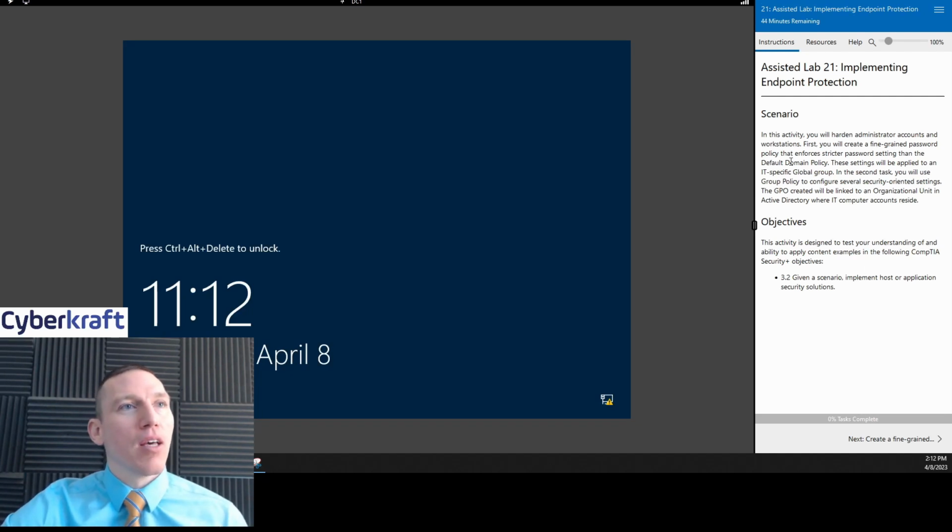Okay. So in this activity, we're going to harden administrator accounts of workstations. We're going to create a fine-grained password policy for stricter password settings than the default domain policy. And the settings are going to be applied to a global group. In our second task, we're going to use the group policy editor to configure several secure